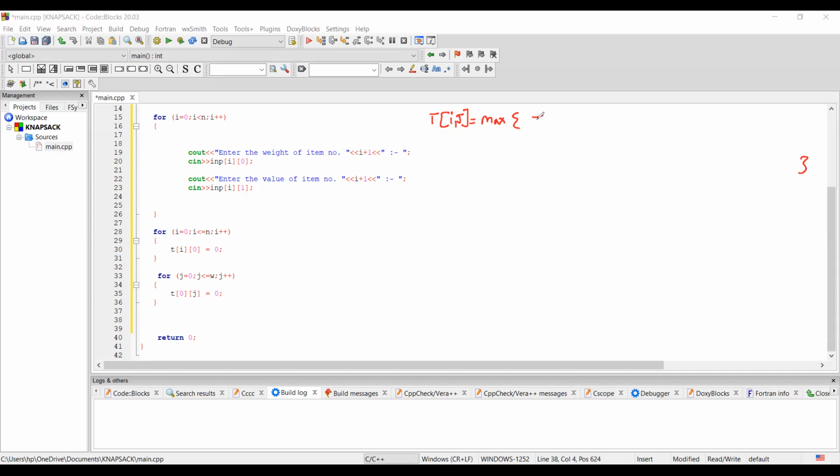Now, which is the first one? That is T of I minus 1 comma j. So this is our first entry. What is our second entry?